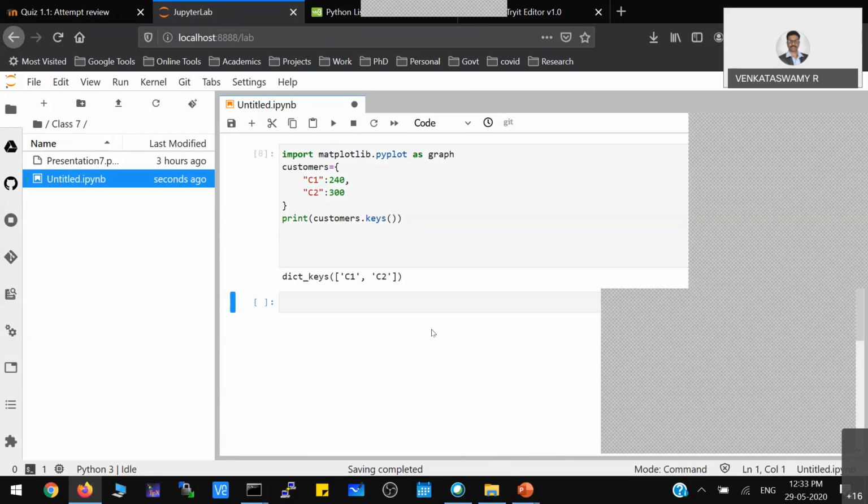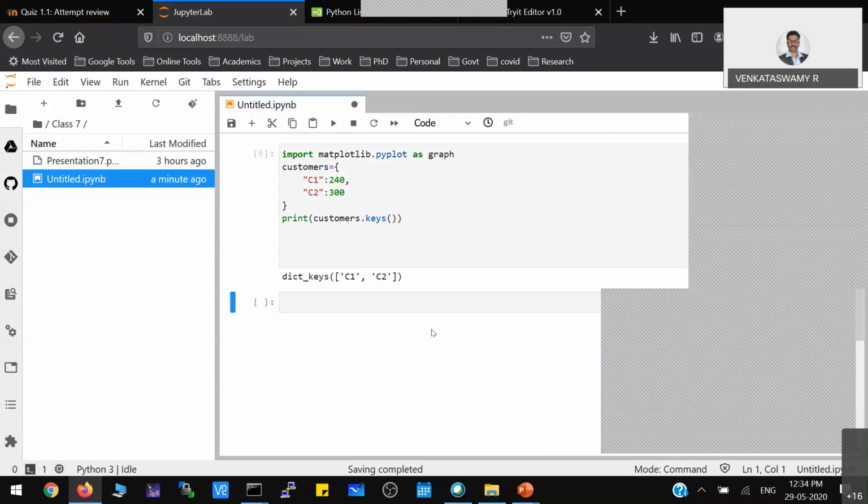Now my objective is, I have say 10 customers. For all those 10 customers, I have to generate a bill. So if you are sitting in the utility center and 10 customers are there, and you are keeping those 10 customers in the dictionary, and using that dictionary you are calculating all the bill amounts and then updating your database, if you want to do this task, then you have to use a dictionary.